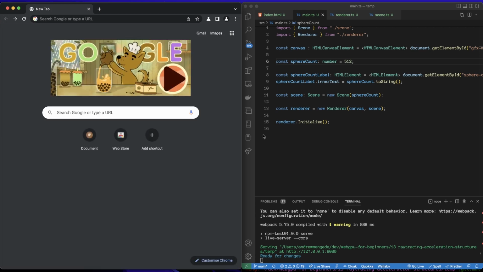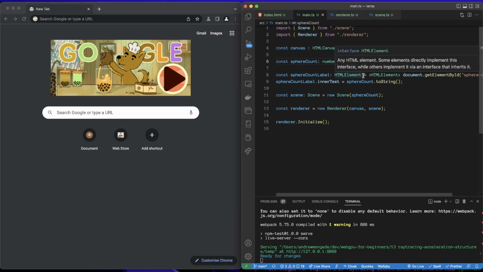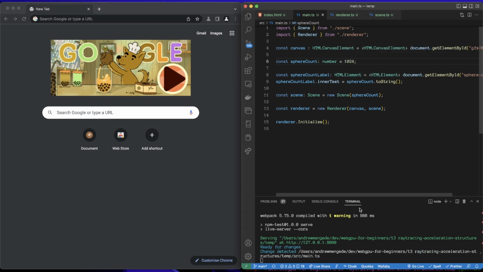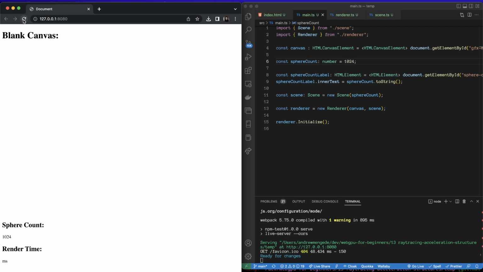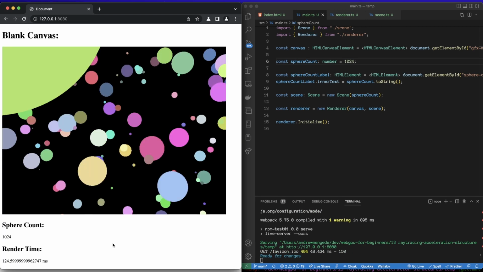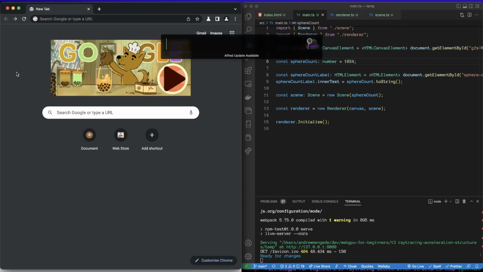What happens if we dial this up and double it? Uh-oh. Now we've gone from 7 milliseconds up to 120 milliseconds, 130. That's really bad. So you can see that it's getting more and more important for us to have some sort of organizing data structure here. Just out of interest, I'll open up